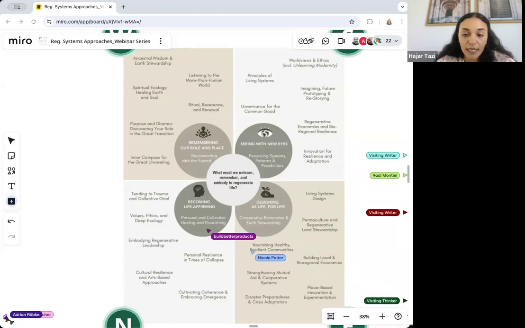And so it's really about cultural healing, and also revaluing other ways of knowing through art-based approaches, through deep ecology, and through the cultivation of inner coherence. So we're hearing a lot of talk about islands of coherence in a sea of chaos, which have the ability to bring the entire system to a higher state of coherence.